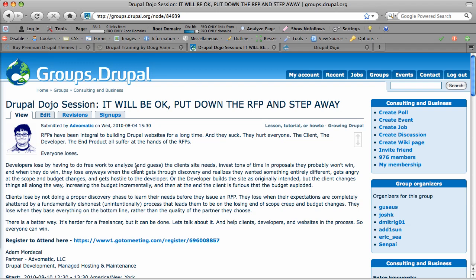The request for proposal comes in from a church, a hospital, a school, a library, a company, an organization of some kind, and they want you to propose to them how much it's going to cost to build what they want, and they try to give you as much information as possible in the request for proposal so that you have enough to arm yourself with what you need. But it simply just doesn't happen.